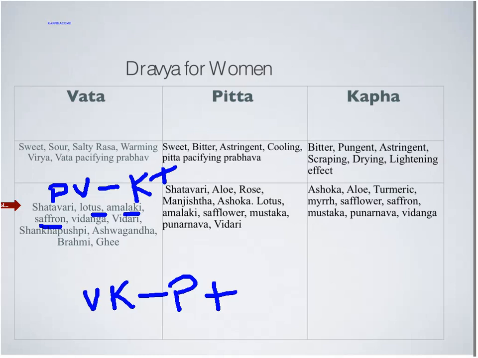Then you have rose. Rose can be given to both pitta and kapha, but mostly pitta, not so much kapha, because rose is definitely astringent, but it's also a little bit cooling. So because it's astringent, you can give it to kapha, but it's cooling, so not too much. Aloe, again, has an affinity for drying out heavy bleeding. So aloe is excellent. Manjishta again, pitta and rakta dhatu, pitta artavasrotas. Both pitta and kapha, Ashoka can be given. It is PK minus,